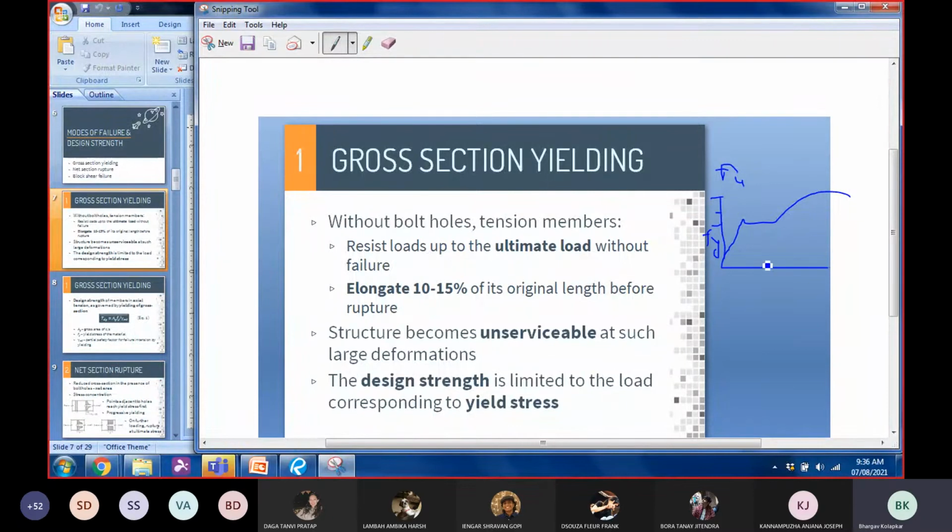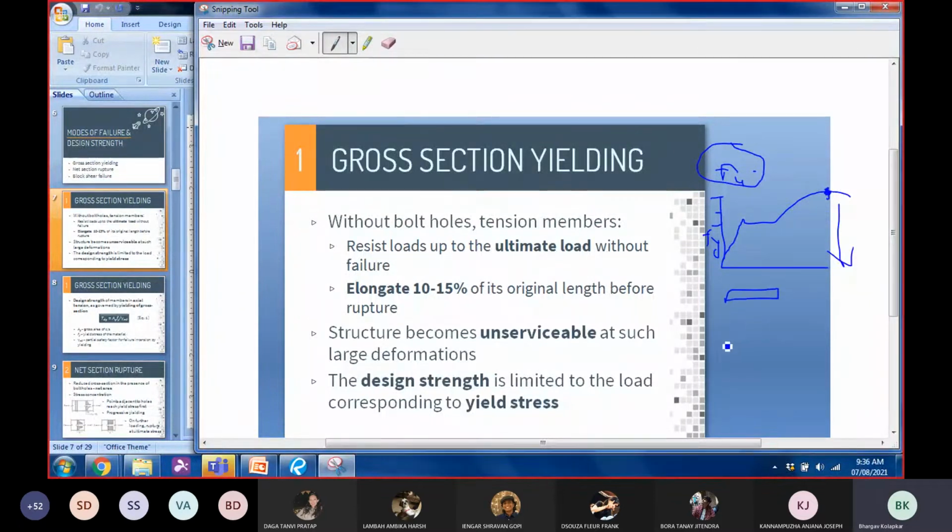What I'm trying to say is that even though the material fails at this point, when we are talking about using this material in a member, like a steel member, if we consider this as our failure criterion, what will happen is that at this stress the strain is so much that the member, which was something like this,